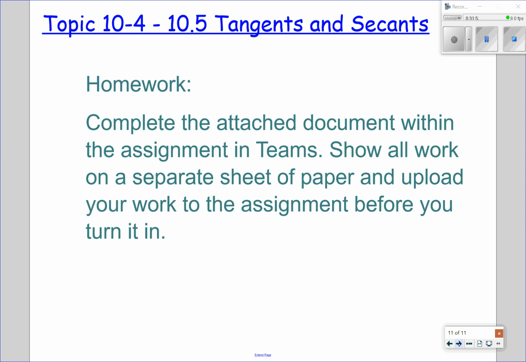If you want to copy the diagrams down, that would be wise because you're going to have an assessment next week to work on, and it'll be easier to look at all of your stuff, picture and work, if it's in one place. But you'll upload your notes from